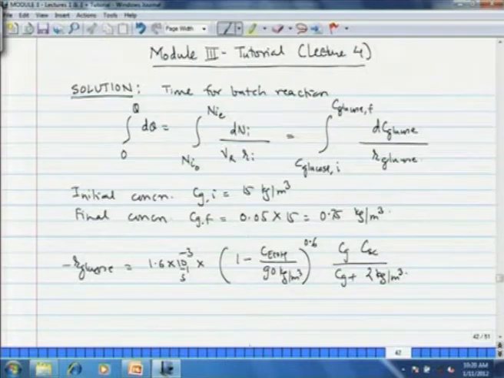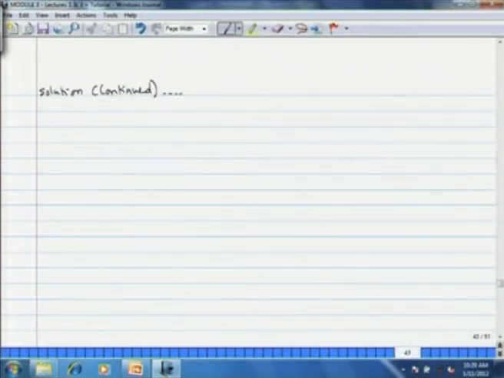Okay. Now we have to integrate this, so we have to convert C ethanol and C Saccharomyces cerevisiae as a function of glucose concentration, and for this purpose we use the yield that has been given to us. The concentration of the cells reduces as ethanol forms, and the reduction is in terms of glucose. Initial concentration is 0.015 kg per meter cube minus the yield 0.06 Cg into the concentration of glucose. Then similarly, C ethanol